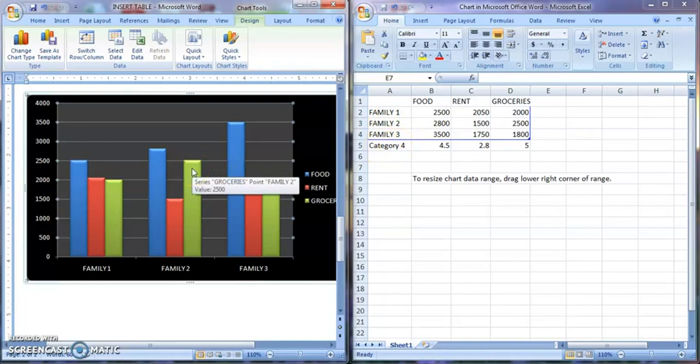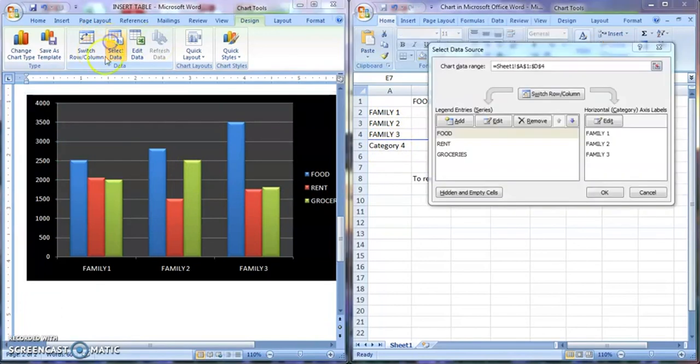How select data works, I'll show you again. When I click select data, immediately we will get the prompt window in the Excel sheet, and that will ask you where your chart data range is. Now, if this particular Excel sheet has more than one table, you have 2 or 3, 4, multiple tables, then you don't want this particular table. You need some other table which is placed here.